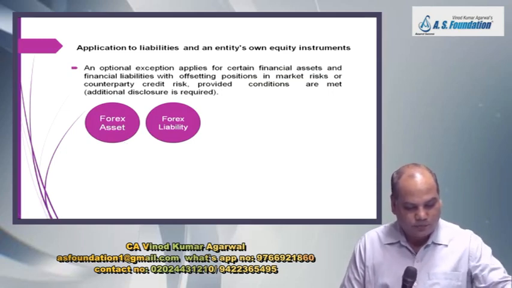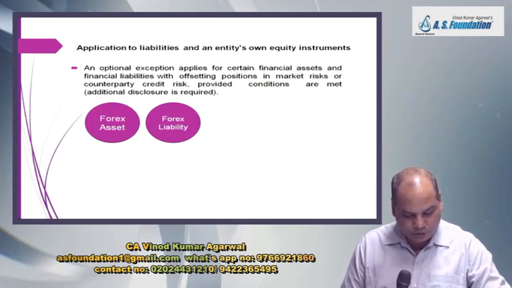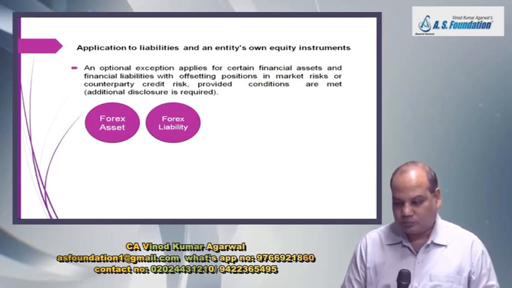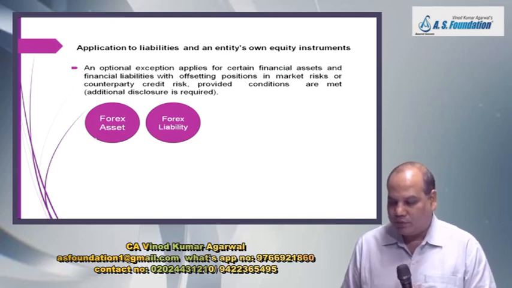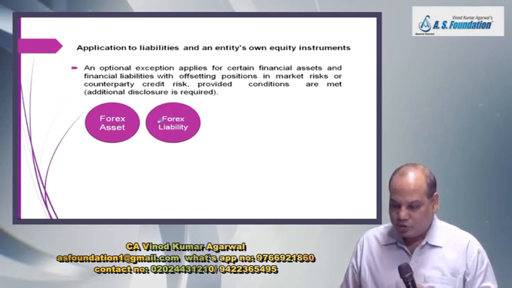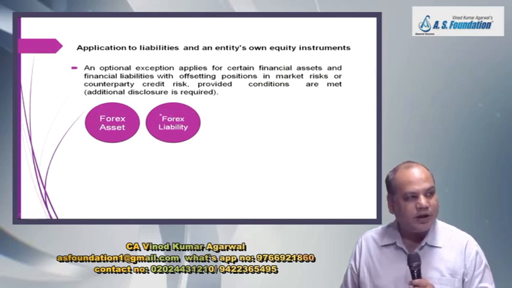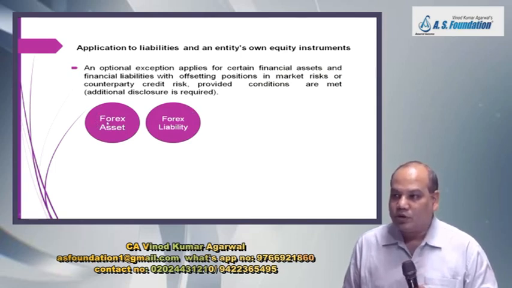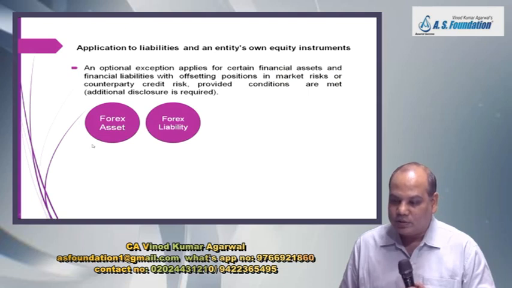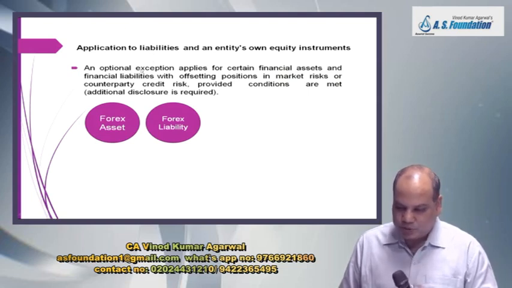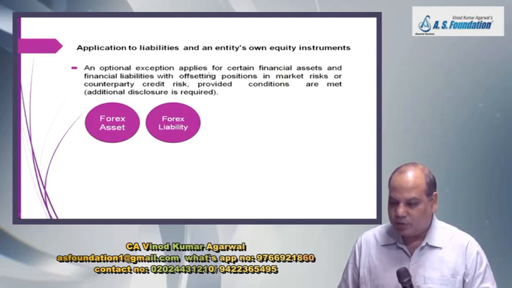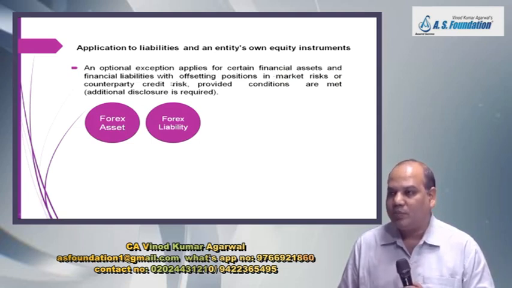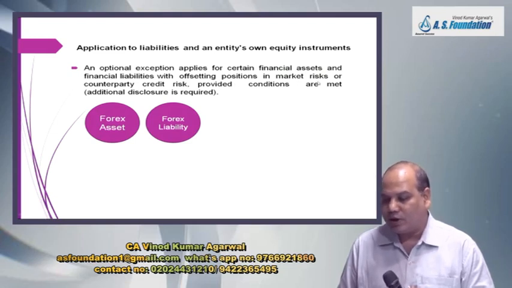One more paragraph we'll discuss just below that question number 1. Sometimes instead of valuing the asset separately and the liability separately, you can do the fair valuation on net basis. That is an option, not a mandatory requirement. An optional exception applies for certain financial assets and financial liabilities with offsetting position in the market risk or counterparty risk, provided certain